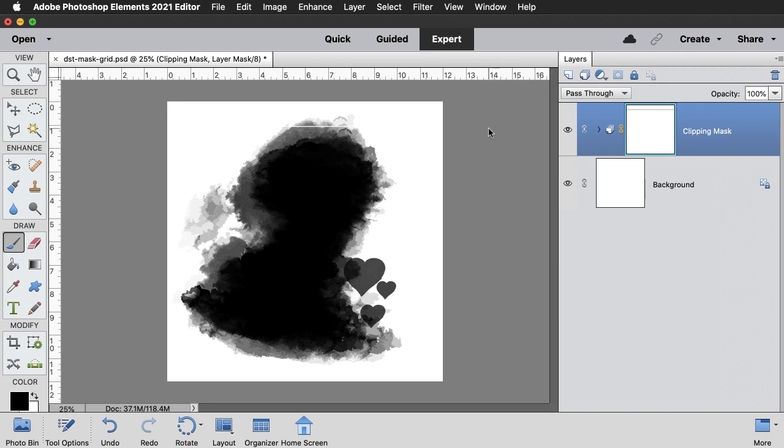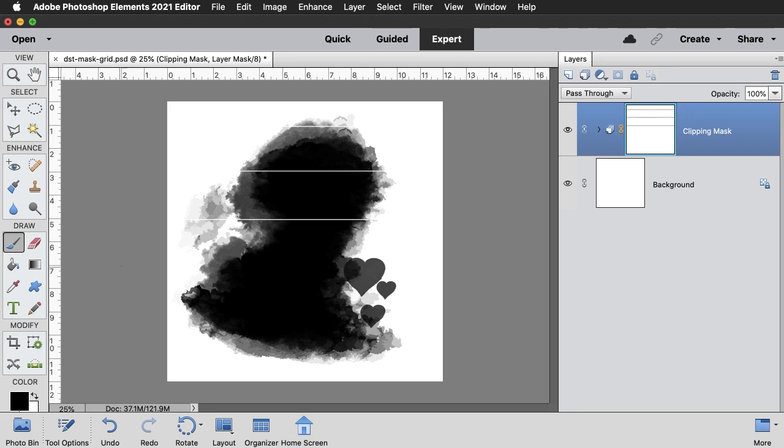Hover your cursor near the 3-inch mark on the vertical ruler, then click to hold down the mouse, then hold down the Shift key, and click and drag to the right side of the document. I'll let go over here in the gray area, and now you can see on the layer mask, there are 2 lines. I'm going to do that again over here at the 5-inch mark. Press down on my mouse, hold down the Shift key, drag across to the right side, let go of my mouse, let go of the Shift key. Now there are 3 lines.